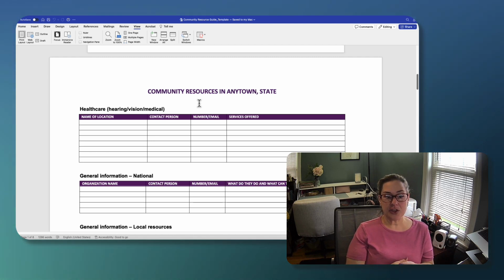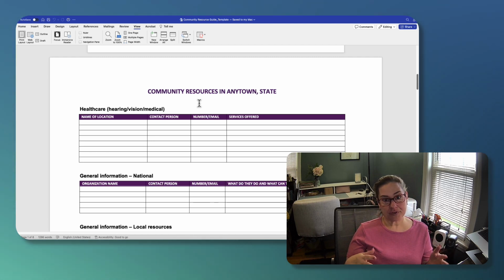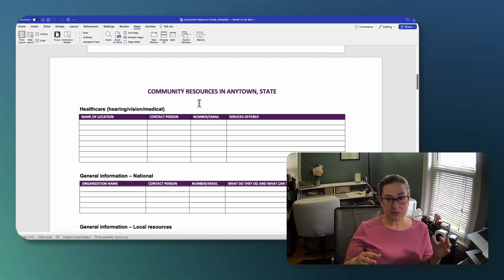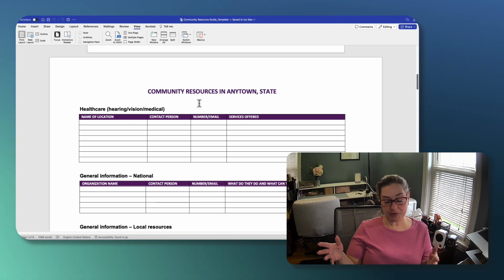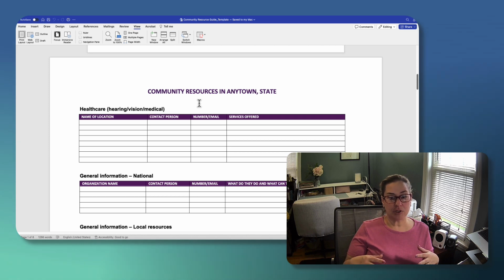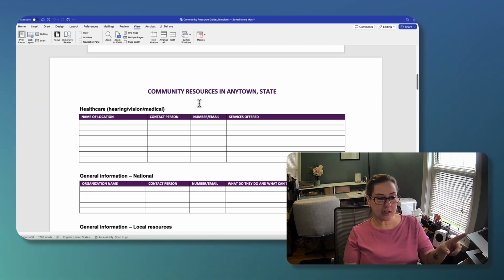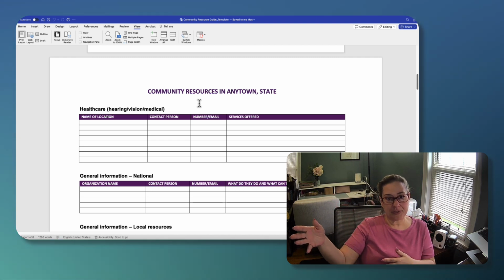Also, I will say that you might want to do a couple of different versions of this depending on where you live. In some places around the country, you might live in a very urban area where resources might be very different from one end of the state to another, or from one end of the town or city to another. And in other places, you might be in a really rural area where resources over here are not really available, you can't get them from this side.